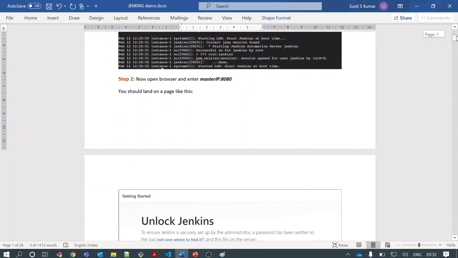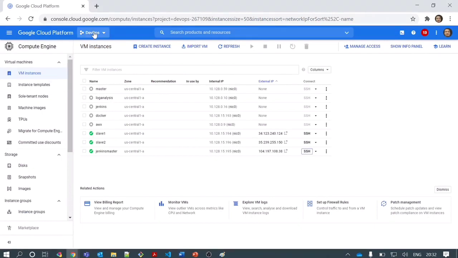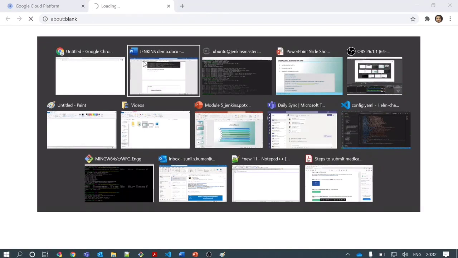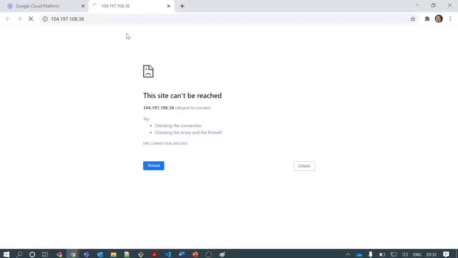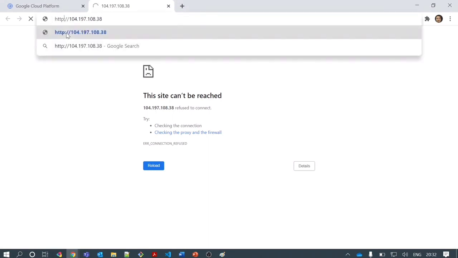So once the service is running, I can access my Jenkins installation outside the server on the GUI. For that we need to access the IP of my server, and by default Jenkins starts on port 8080. I'm not using any secure connection, so I will change it to HTTP.